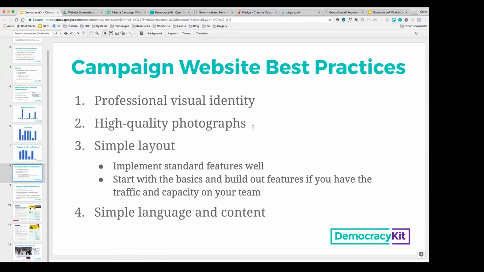Everything from the font you choose, whether it's modern or not, your color palette, those give visual cues about where you're positioning yourself on the political spectrum from left to right, or whether you're associating yourself with a particular mayoral candidate or whatnot. So it is really important to think through your colors, fonts, and then any graphic